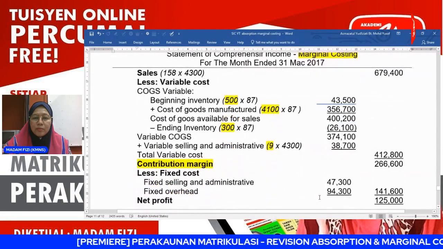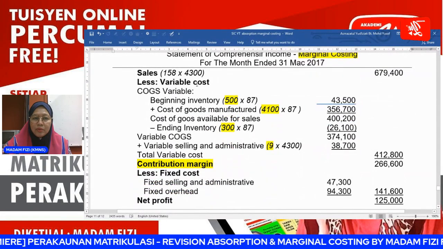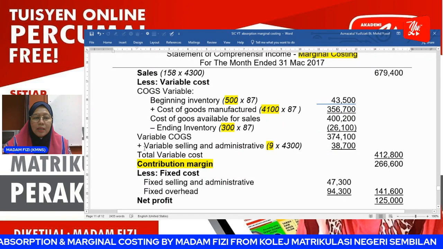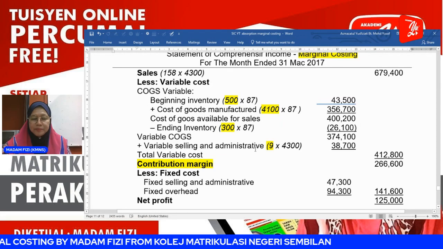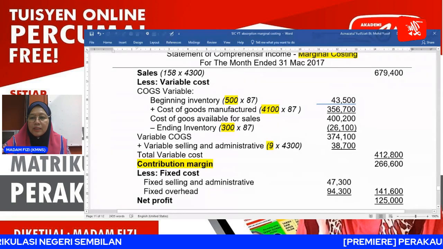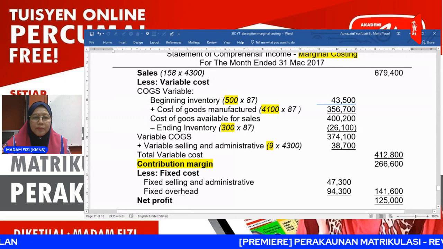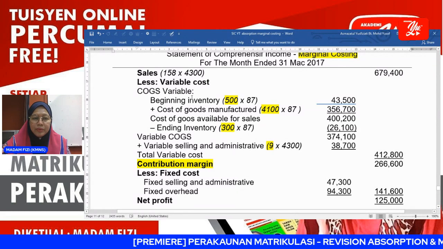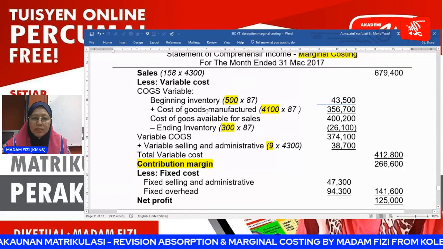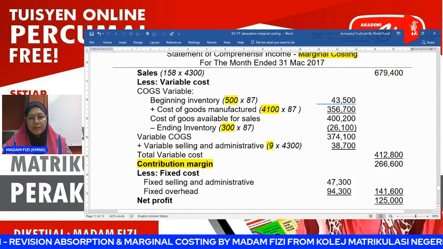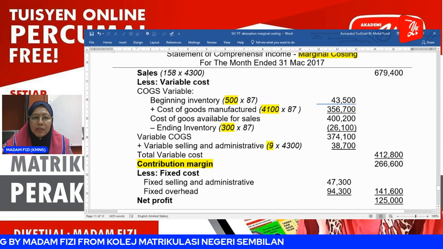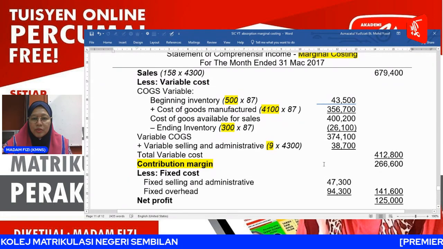Okay, so for marginal costing, sales minus variable cost. The variable cost includes the variable cost of goods sold and variable selling and administrative. So the total variable cost equals 412,800. For the variable cost of goods sold, you have beginning inventory, plus cost of goods manufactured, minus ending inventory. So sales minus variable cost equals contribution margin,